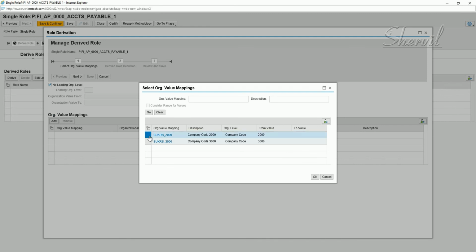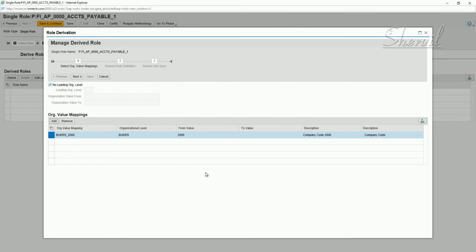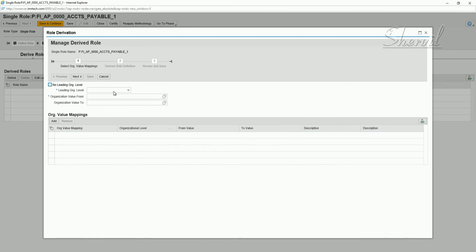So let's pick this and say okay, right? So the leading org level mapping you have is company code for 2000. Or if you don't want this, you can remove this, and just simply use the company code org level and then give the company code here manually, and say add.